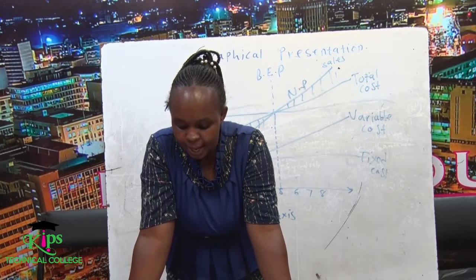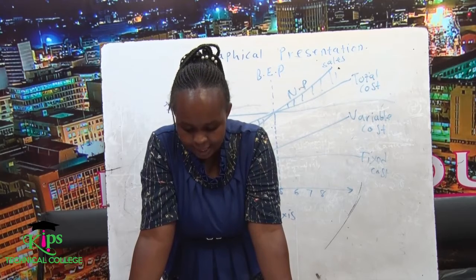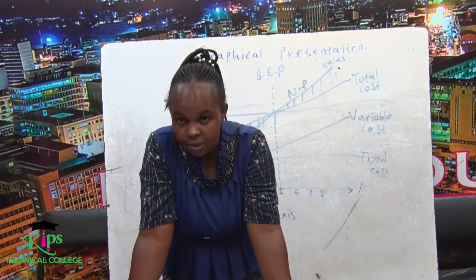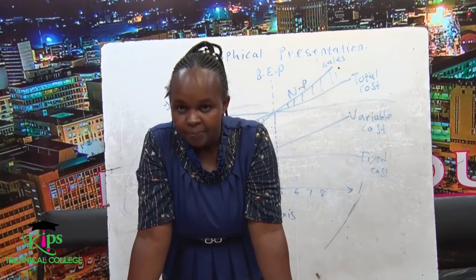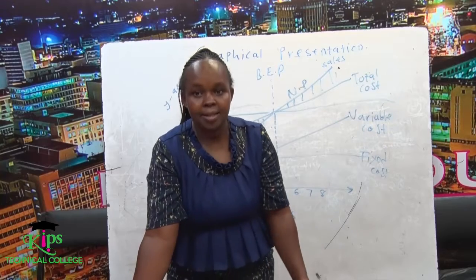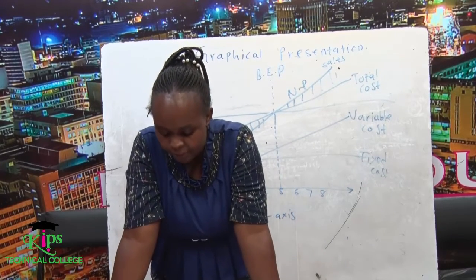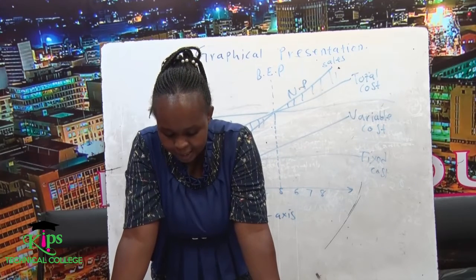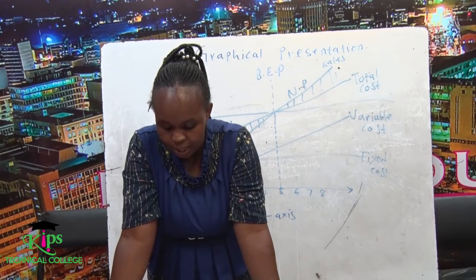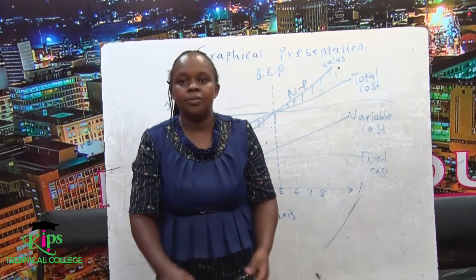It enables us to determine the profit or loss at different levels of activity. Another one, it is useful to measure the relationship between cost, volume, and profit. Number 3, it helps to determine the break-even units, that is output and sales volume. Another one, it helps to measure the profitability of various products, and also it facilitates the most profitable product mix to be adopted. Number 6, the last one, it assists future planning and forecasting.